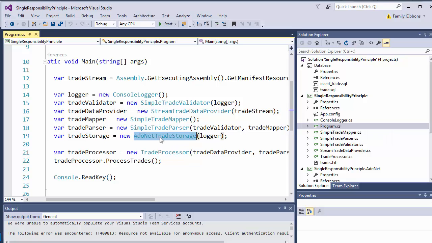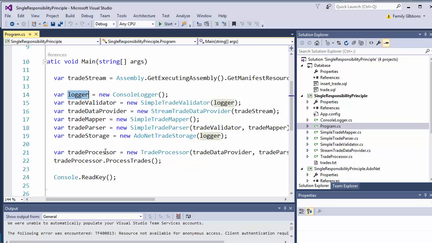And then we have something write to the database. ADO.NET is the name of the common database architecture in C# and Visual Studio. So ADO.NET is just the name of this. And we're creating that. And then we also create a logger here. And anything that needs to do logging, we pass the logger to it,